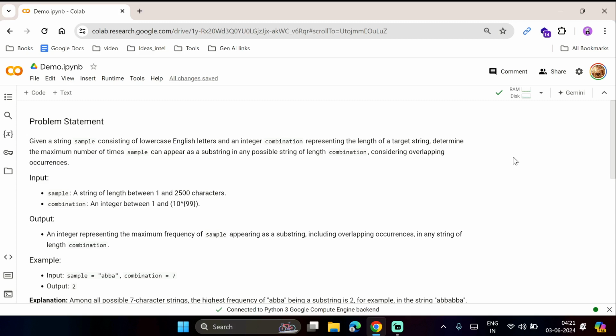Today we are going to discuss an algorithm problem. If you face any interviews from any big companies, you will see there's usually a separate round for data structures and algorithms. It doesn't matter which programming language you prefer, but you need to be familiar with proper algorithmic thinking and how you can solve a given problem